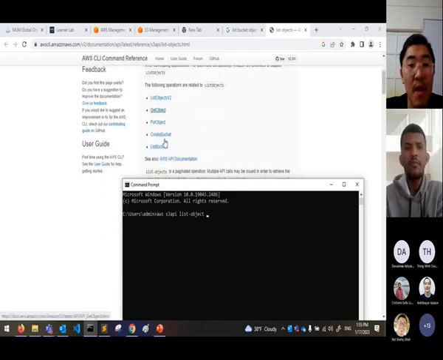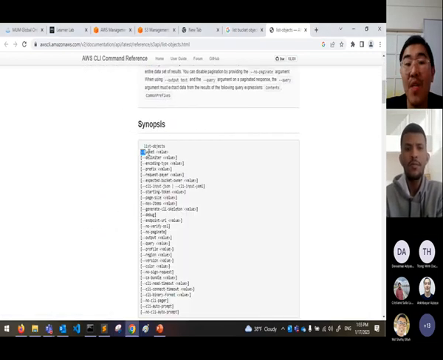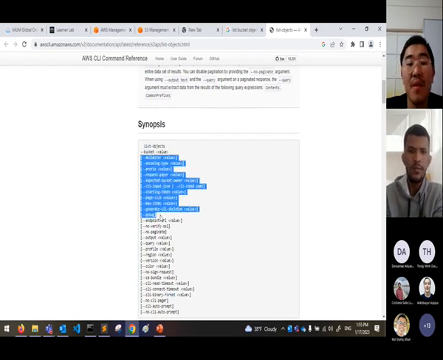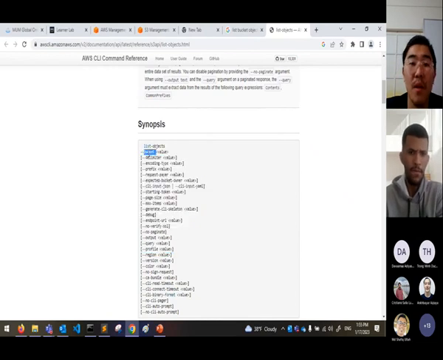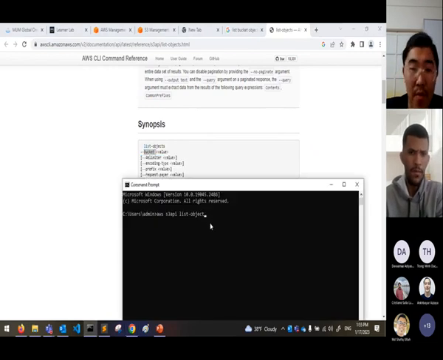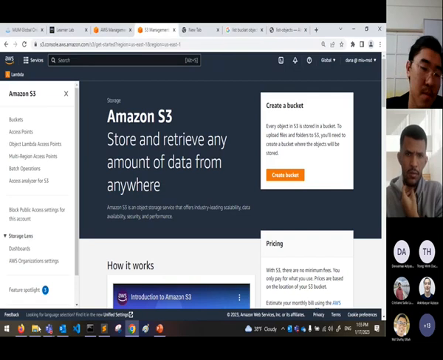Now this command expects one parameter, which is the bucket name, and the other parameters in square brackets are optional. So it looks like I have to do objects and bucket, and the bucket name is